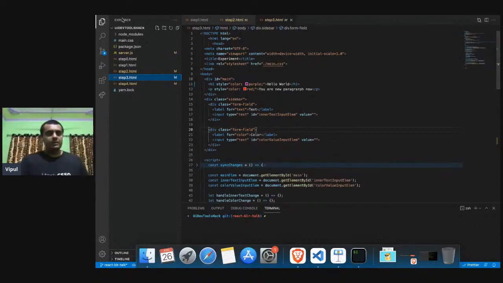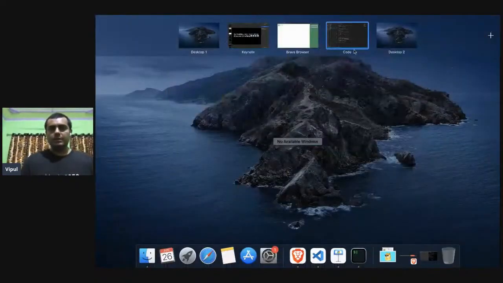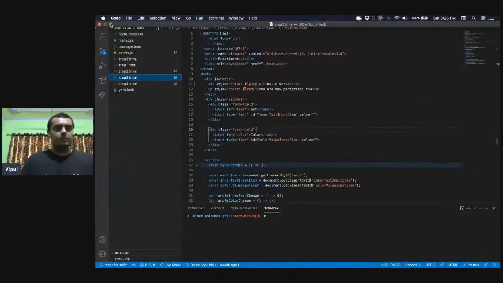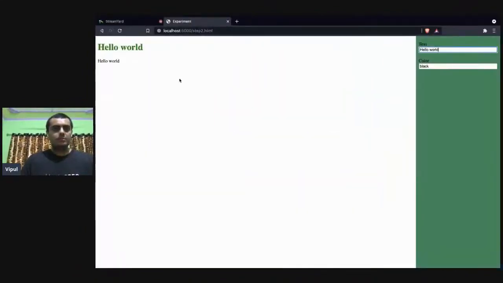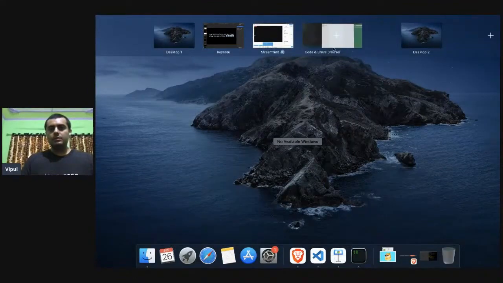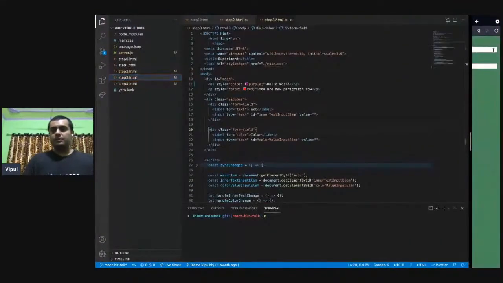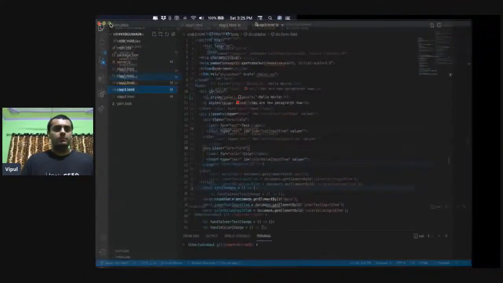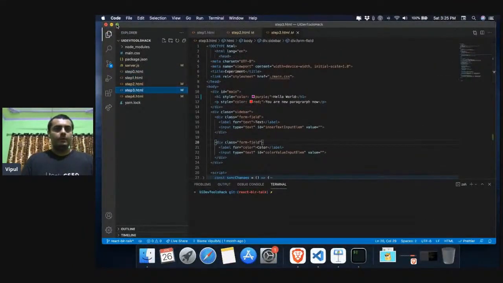All right. And for this, what I'll do is I'll make my code window extract this out, and then make them come side by side. Why don't you go to the right?